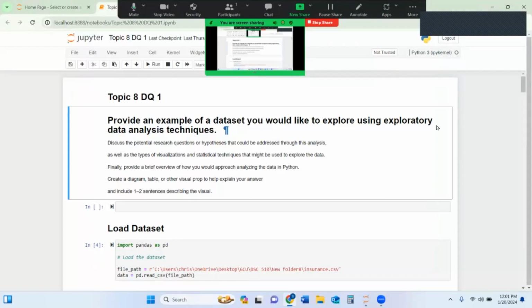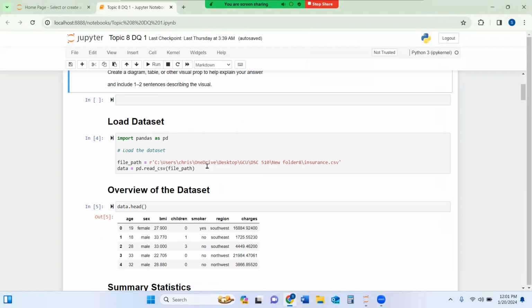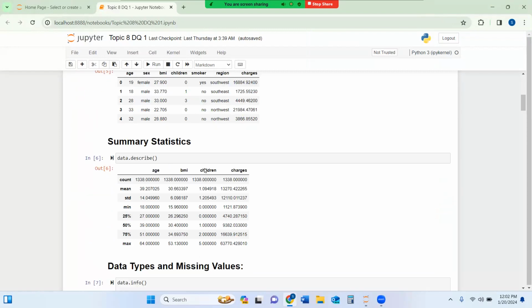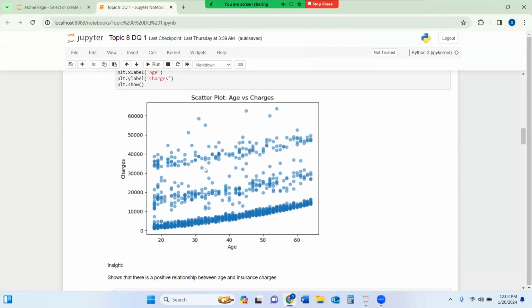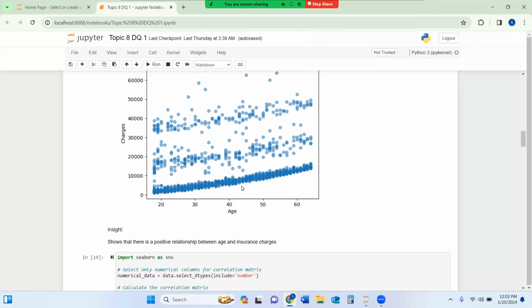And what I have here is the data set. The data set is related to health insurance charges, which includes several features like age, sex, BMI, children, smoker, and region. And an example here is the visual, which shows a scatter plot that shows a positive relationship between age and